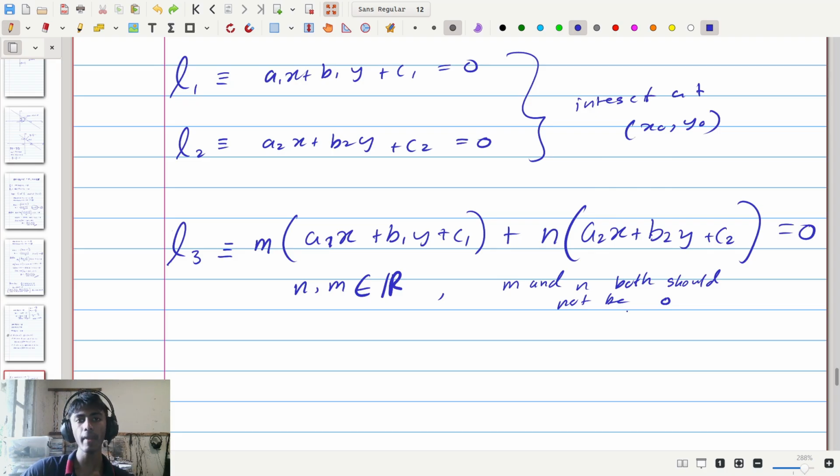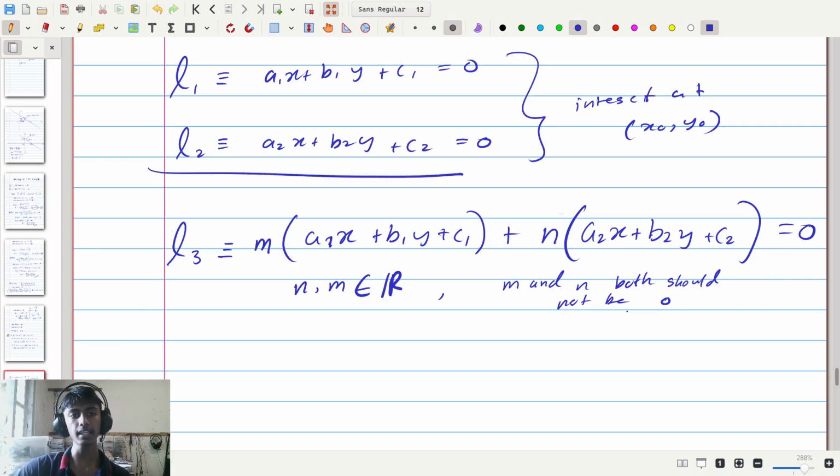So here m and n both should not be 0. However, one of them can be 0 while the other is some value. And of course, if one of them is 0 while the other is some value, then what we have is basically either L1 or L2. Because if we have L2, then we have some real constant times L2's value, which is then going to be divisible. So we can divide out the n, meaning we just have a2x plus b2y plus c2 equal to 0,